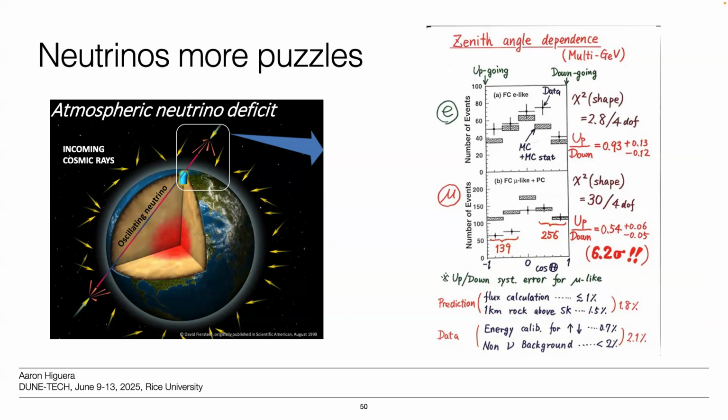And remember, we have electron neutrinos and muon neutrinos. When they look at the electron neutrinos, this is the Monte Carlo, what we should predict, the prediction, and this is the data. And they see, okay, it seems like the Monte Carlo most of the time agrees with the data. And when you look at the ratio between up and down, it's consistent with 1, if you look at the error bars, right? So everything is as expected. But then when they saw the muon neutrinos, looking at the prediction and the data, the up and down